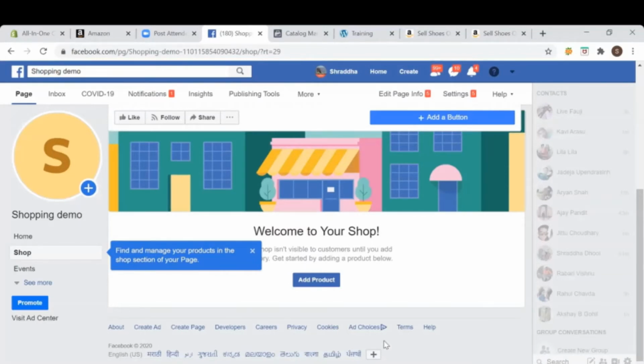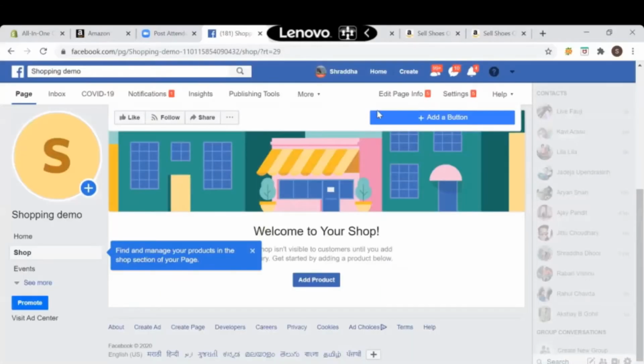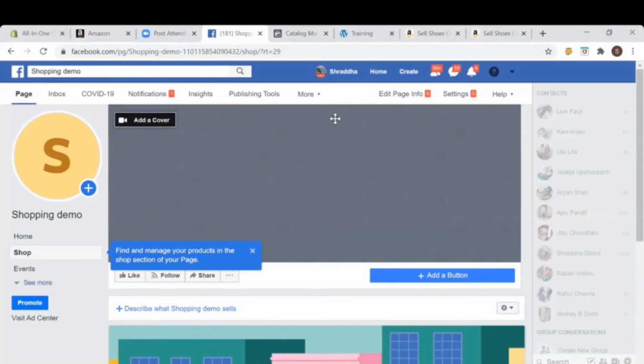Now, what is the best way to set up my shop page? So this is one of the options. The next option to set up, say for example, if you have 100 products, and one by one, the first process that we discussed is to set up your shop page. So what other option do I have? Again, I'll go to create as an option. Okay, 1 second.